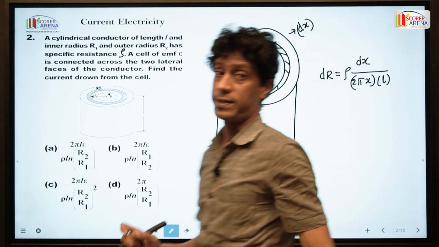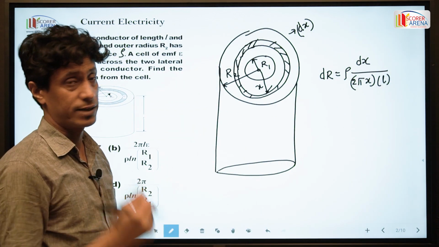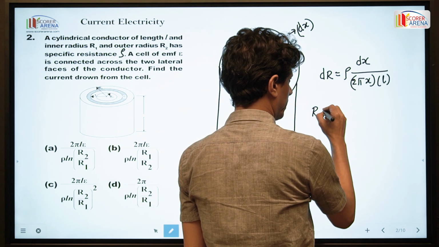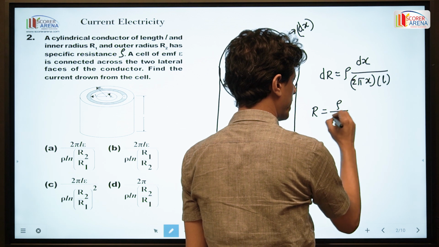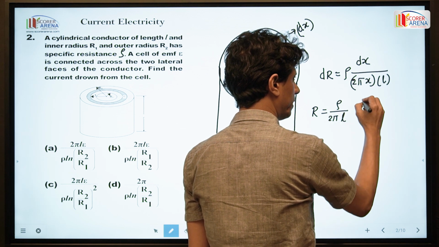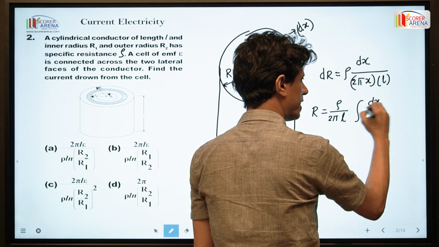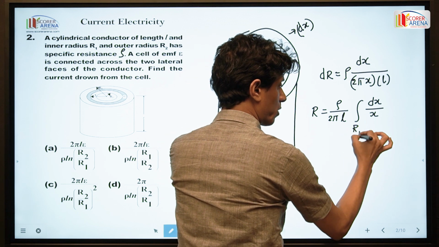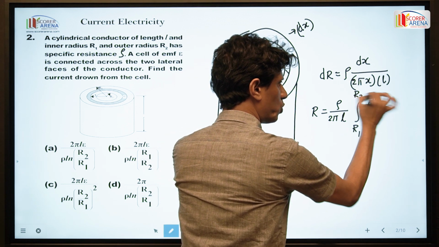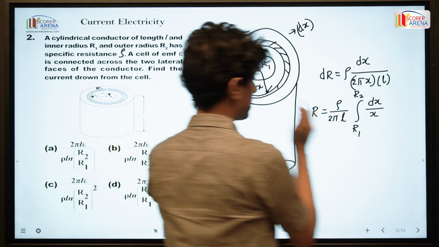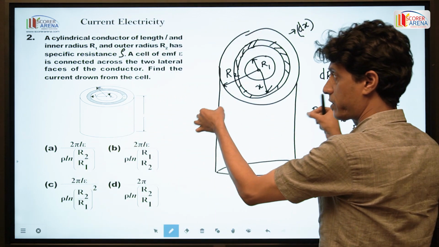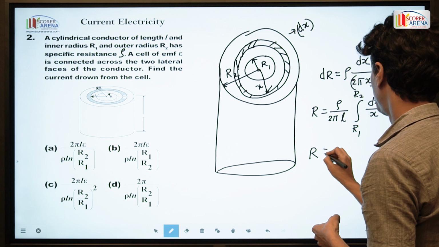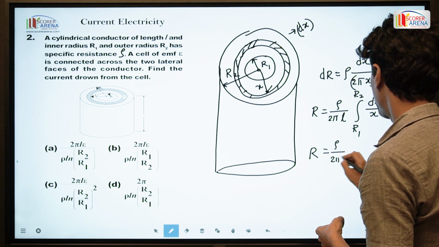So this is the resistance, a very small resistance of thickness dx. On integration, ρ by 2πL, this is dx by x, and the inner radius of the cylinder is R1 and the outer radius of this cylinder is R2. So the resistance across the lateral face of the conductor R is equal to ρ by 2πL,